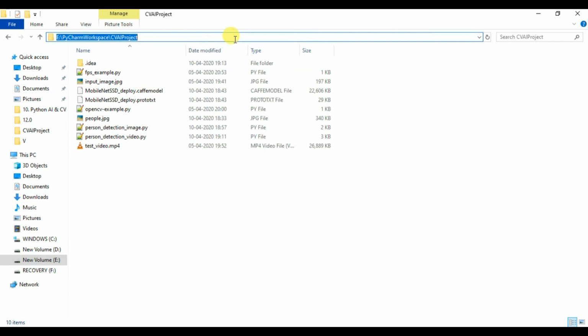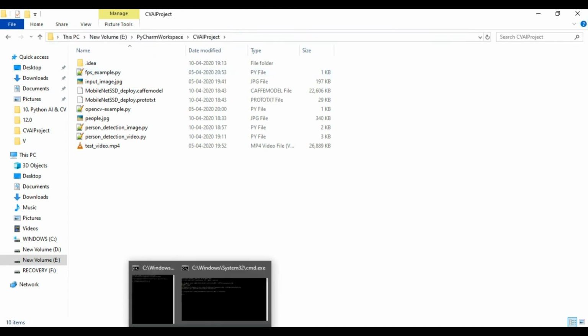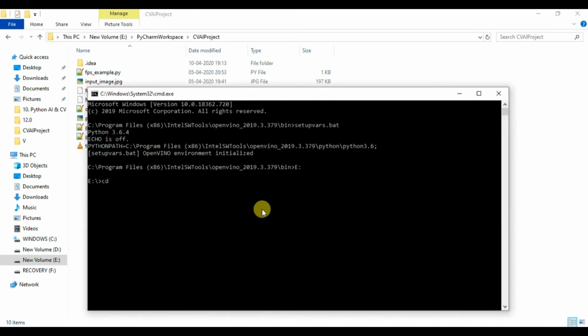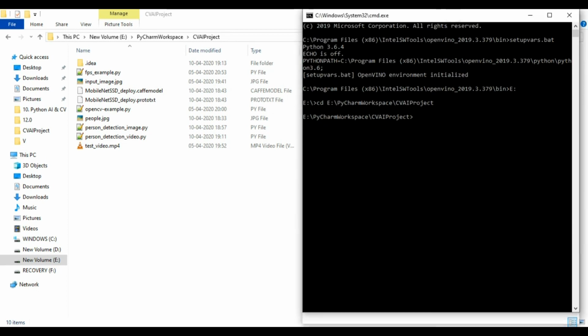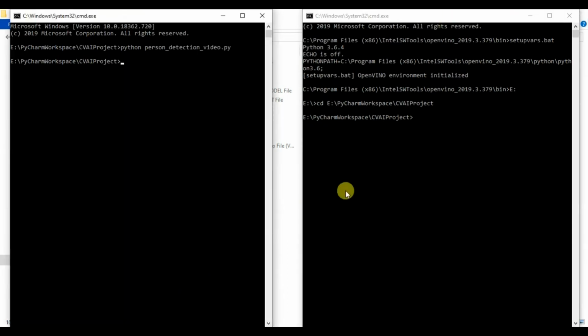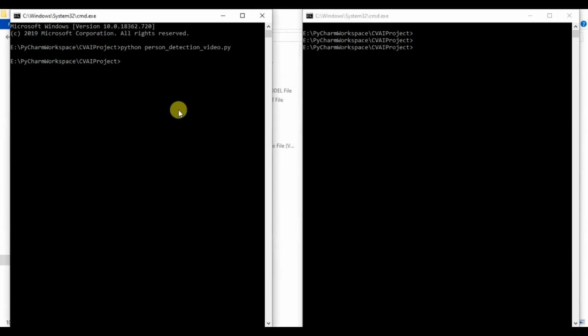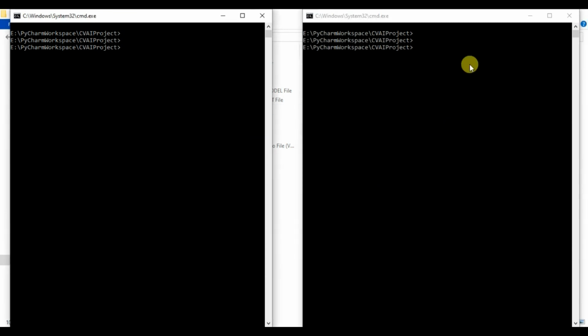Let me copy the path and simply navigate to that. Great. So in this command prompt I have initialized OpenVINO, and in this command prompt I have not initialized OpenVINO.